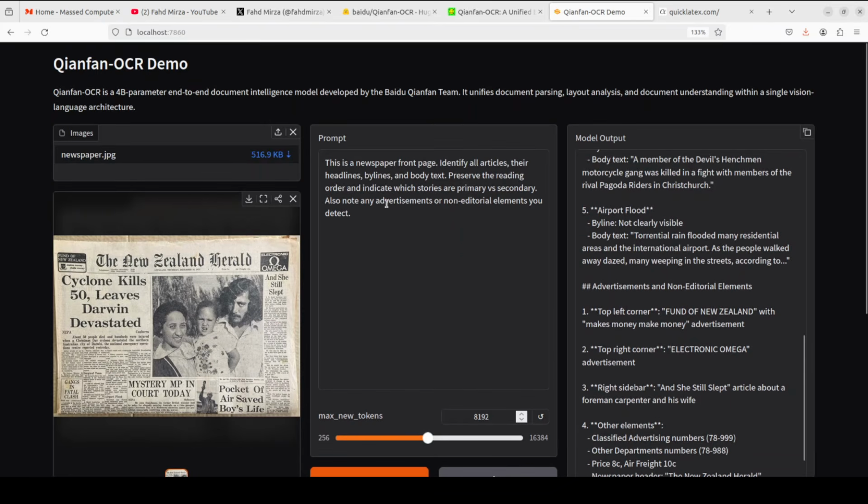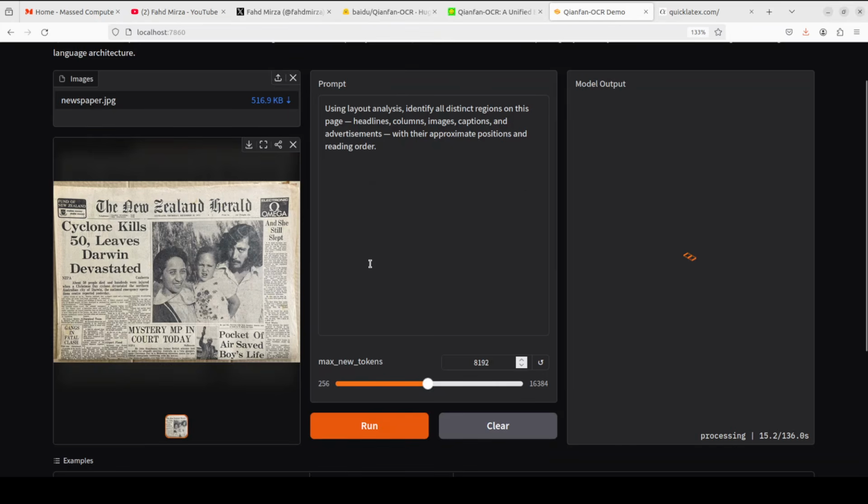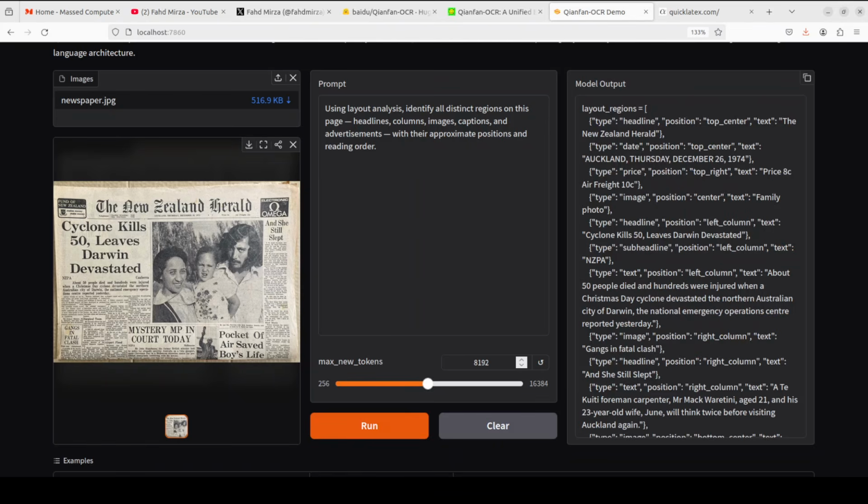On the same image, let me do a bit more nuanced layout analysis for that layout as thought. So I'm asking it that using layout analysis, identify all distinct regions on this page like headlines, columns, and then with their approximate positions and reading order. We already have seen that it did quite well, but let's see how it does with this more explicit prompt. Okay, now this output is interesting where we are watching layout as thought in action,